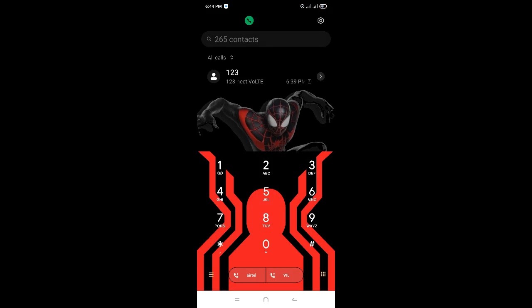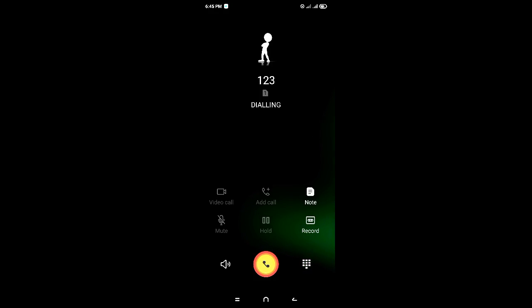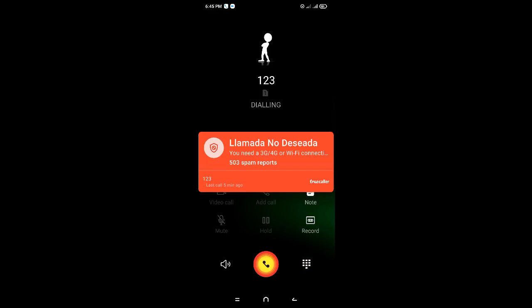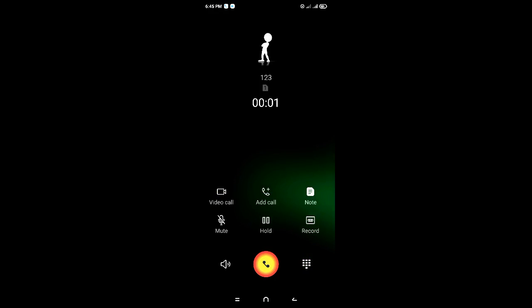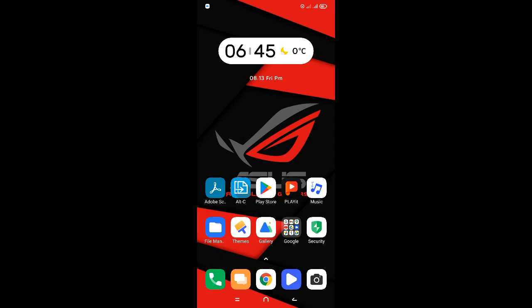The screen is not just good for the dial pad, it's also looking great for this. Okay, so it is nice, just nice. Now all things are set. Just reboot your smartphone. You will find a cool boot animation and audio as well.